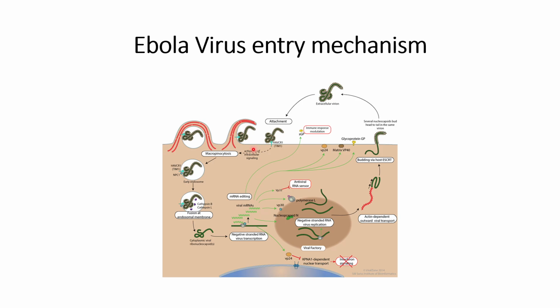It is able to perform endocytosis and can enter into the cytoplasm of the cell and form macropinocytosis. After this, it is known as the early endosome. After that, the lysosomal proteases, cathepsin B and cathepsin L, will cleave this virion, and that helps the negative single stranded RNA, the genetic material that is encoded within the